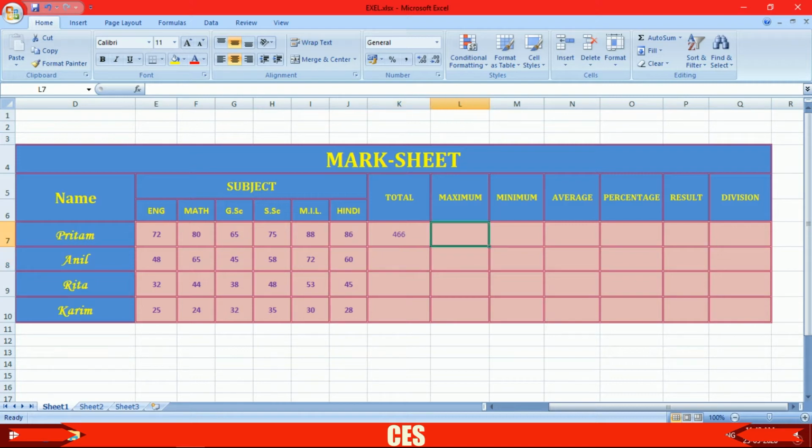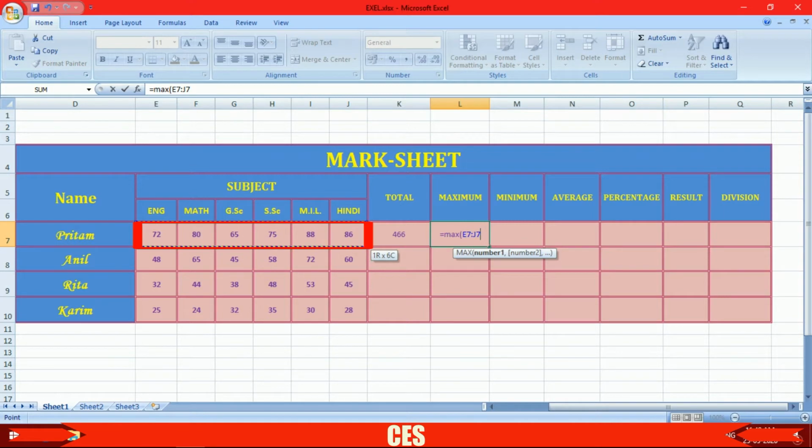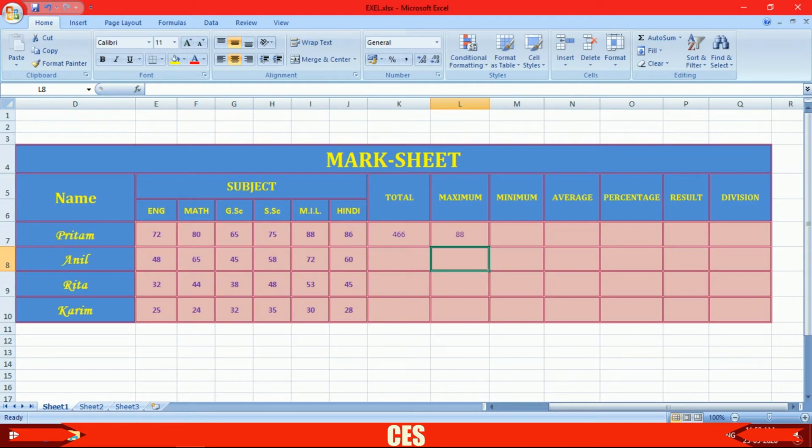Now next we are going to calculate the maximum marks obtained by Pritam. To calculate maximum marks, you just type this formula. So the formula is equal max, then bracket open, then select the marks obtained by Pritam like this, then bracket close, then enter. Next we have minimum mark to calculate.